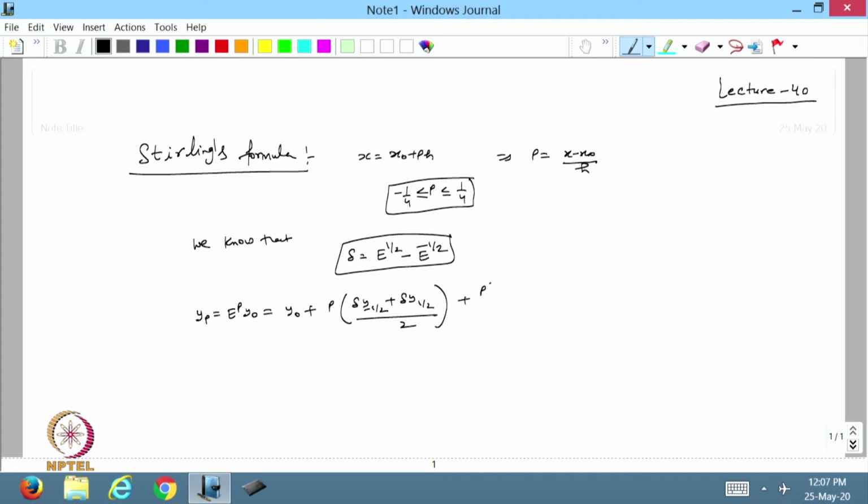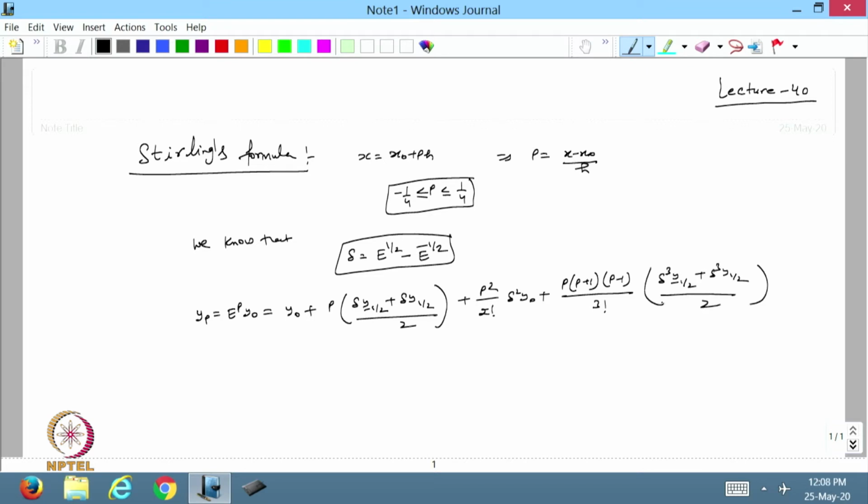Then p square by 2 factorial, delta square y naught, plus, then I will write p into (p square minus 1) by 3 factorial, and then I am taking the average of